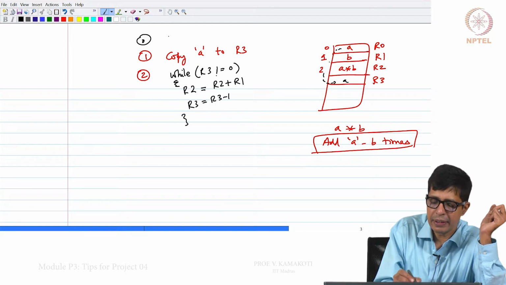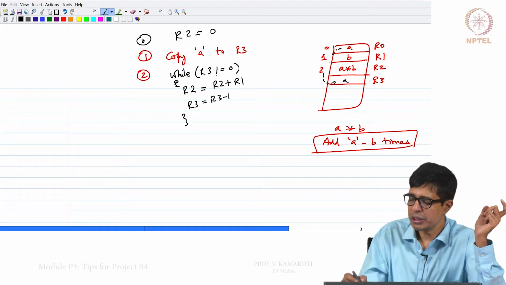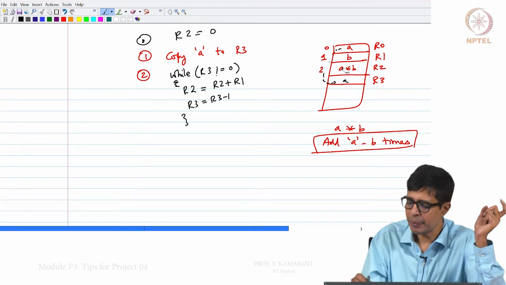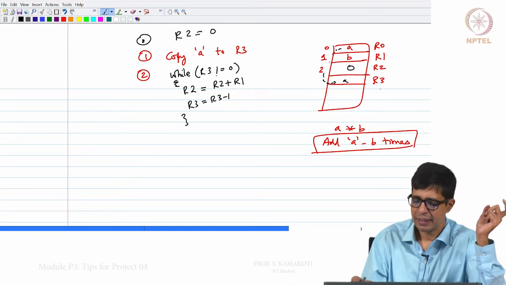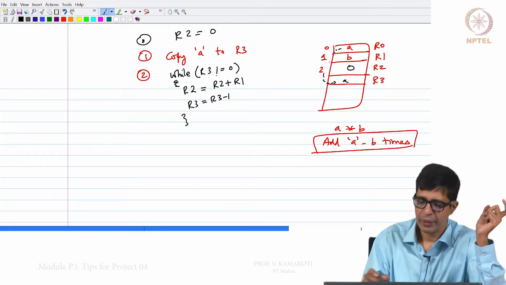Initially I will make R2 equal to 0, let us say. R2 is where I am going to write the sum. So, initially I will make it 0 to start with, and I will copy the value of A to R3, and while R3 is not equal to 0, I keep adding R1.